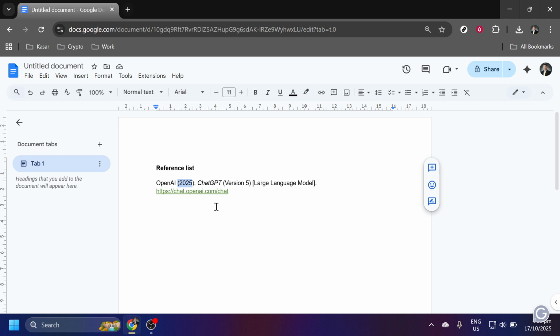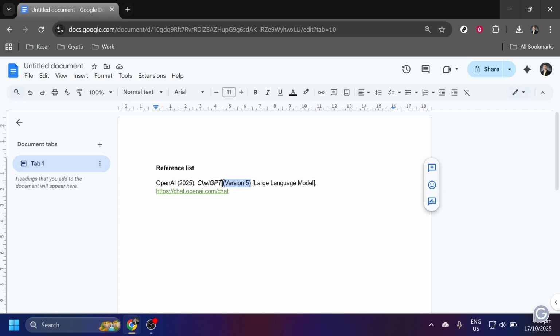on for your work. The title comes next. You'll write ChatGPT and be sure to italicize it. Italicizing titles is a standard practice in citation styles, highlighting it as a distinct title among your list of references. After the title, you should include the version number in parentheses. The version number gives precise information about which iteration of ChatGPT you used, essential for those who might review your